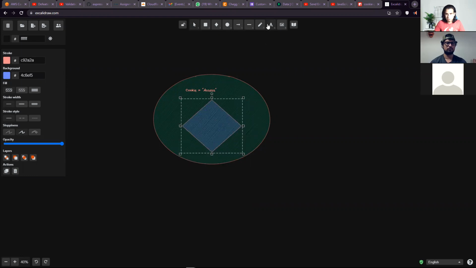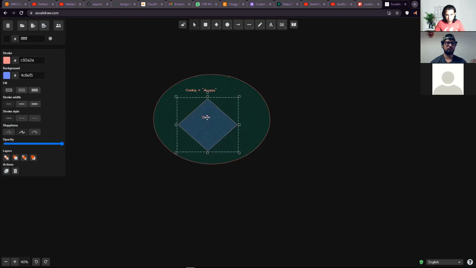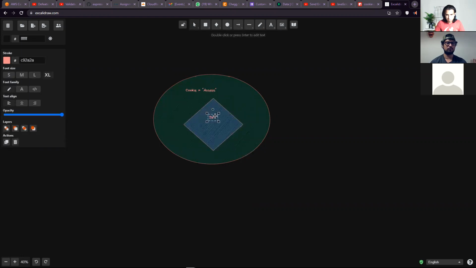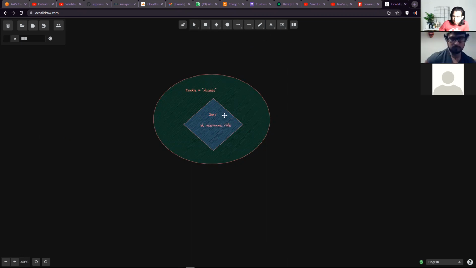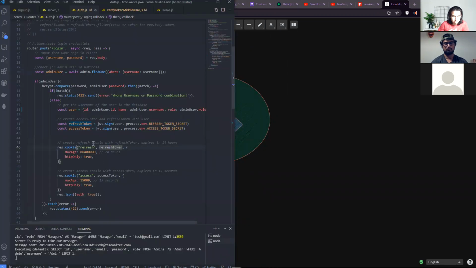You can nest them, right? And this would be the JWT cookie, the JWT, sorry, and the JWT holds the ID, right? The ID. It holds the username, and it holds the role in this case. Okay. So why am I doing it like this, right? Because let me just show you one way of how things would change if I were to use